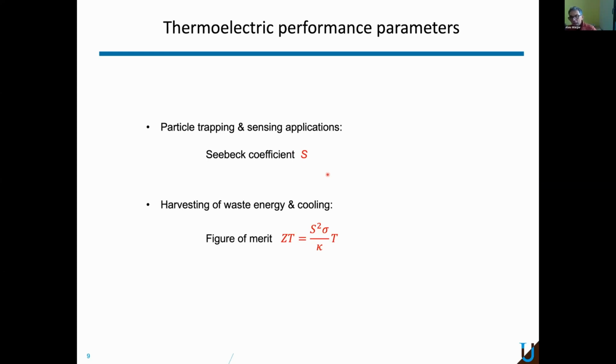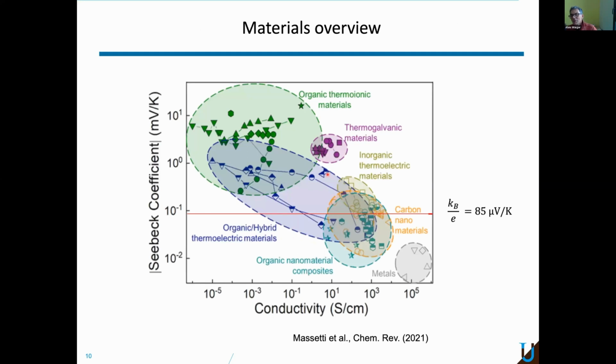And now I come to the systems which have gained a lot of interest in the last 8 or 10 years. So this is a map of all kinds of thermoelectric systems. Here you have the Seebeck coefficient in millivolt per Kelvin, and that is for electric conductivity. You see the conductivity varies about 12 orders of magnitude, the Seebeck coefficient about 3 orders of magnitude. And here to the right, so down at the bottom, so high conductivity and small Seebeck coefficient are all the